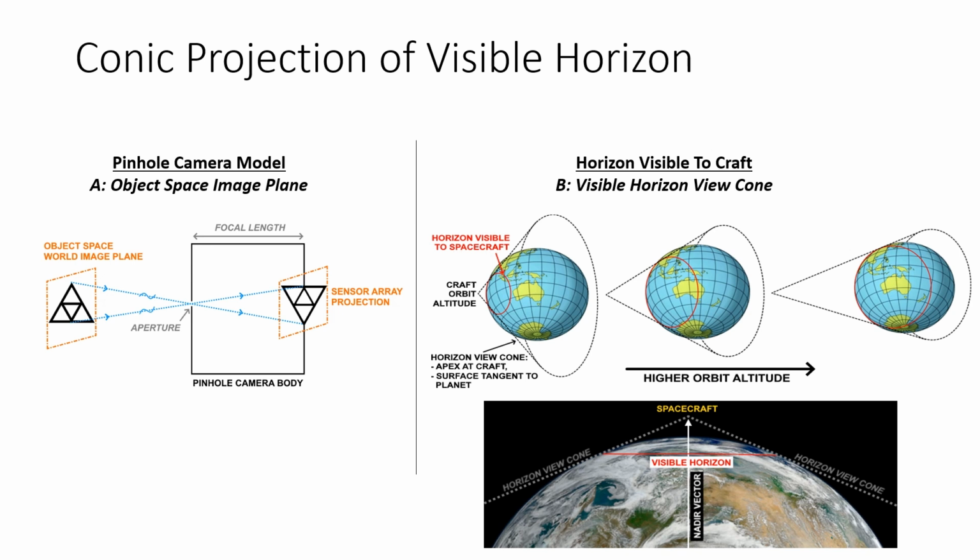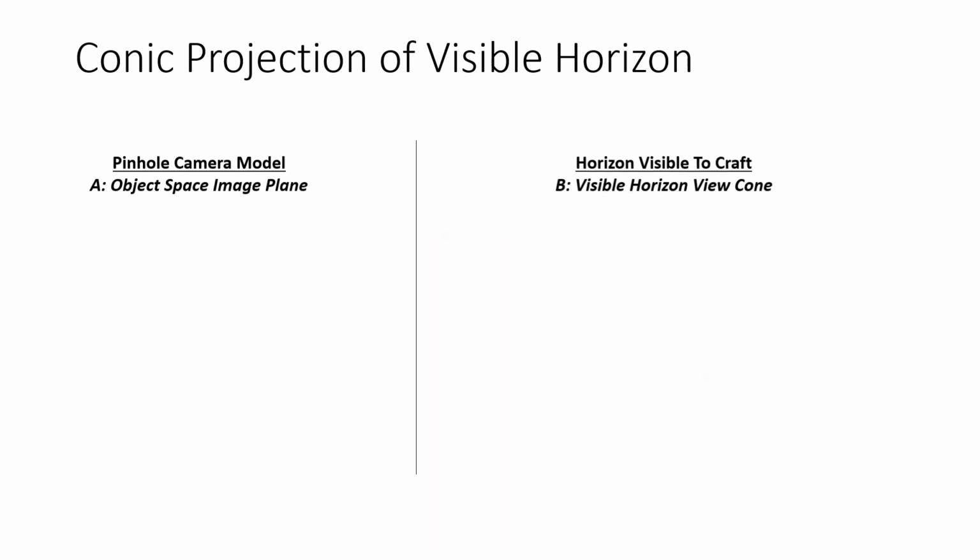Now the second concept is that the craft's view of the Earth is restricted to the area bound by its visible horizon. So this imaginary view cone essentially represents tangent rays from the horizon edge transition. The cone's shape is dependent on orbit altitude. The apex of the cone sits at the spacecraft, and the surface of the cone is tangent to the planet sphere. So combining both these concepts together